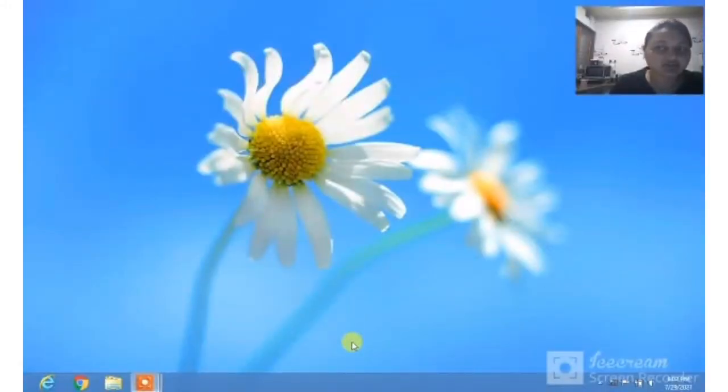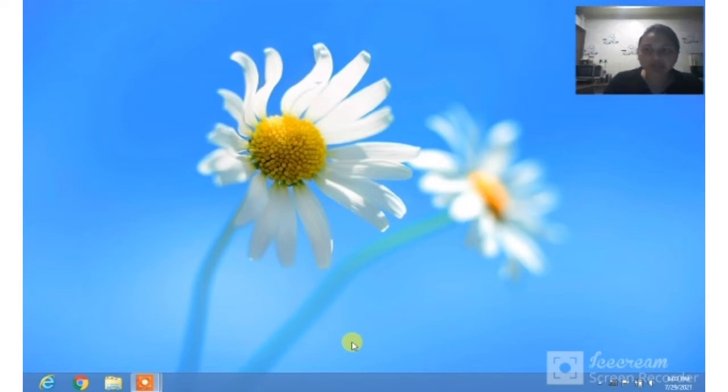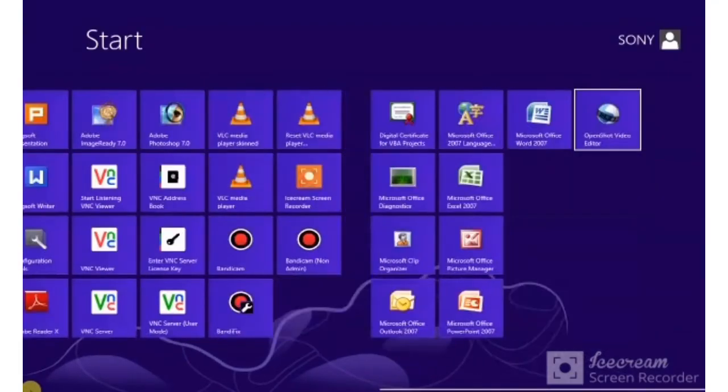Let us go for the practical one, which is of relative referencing. We will consider example 1 given on page number 35 in the book. So first of all, let's start. Go to the start menu and open MS Excel.